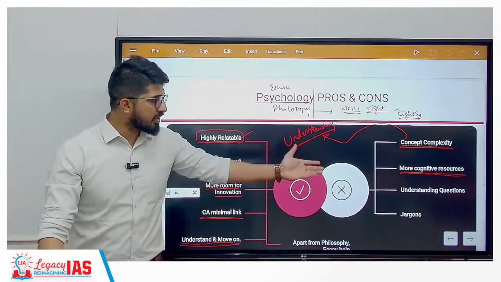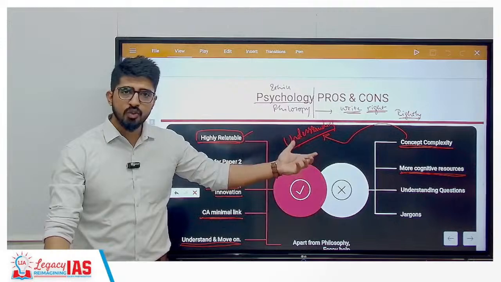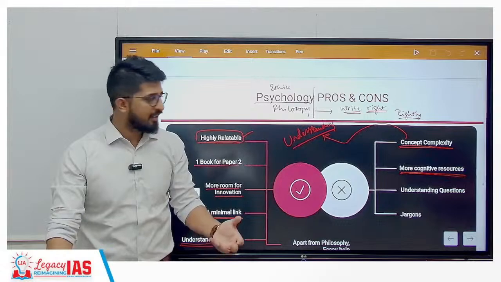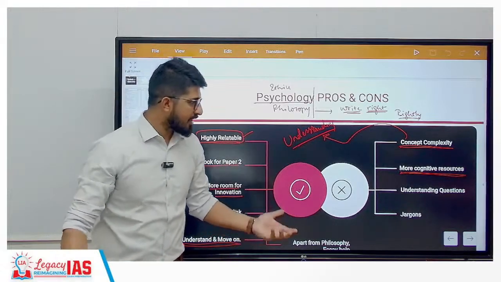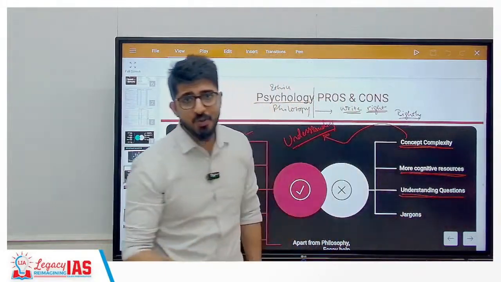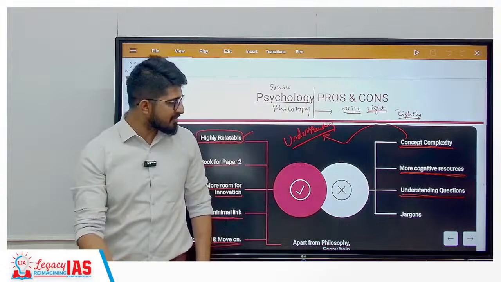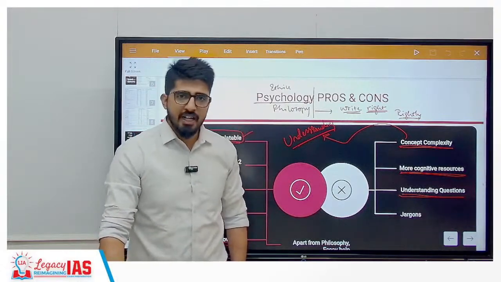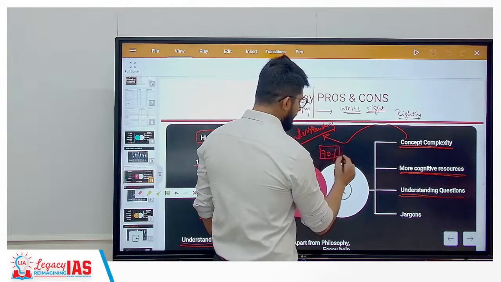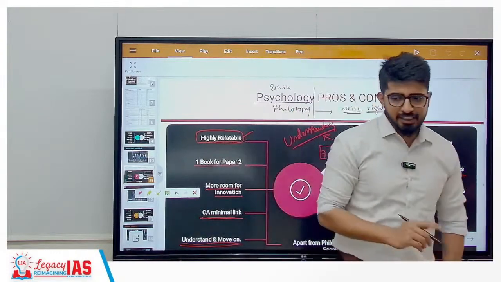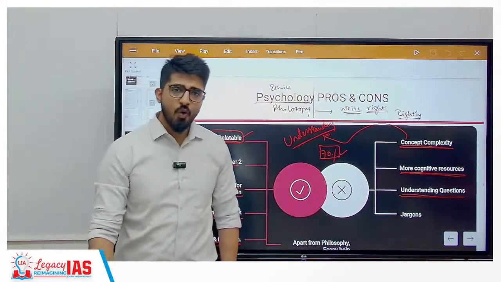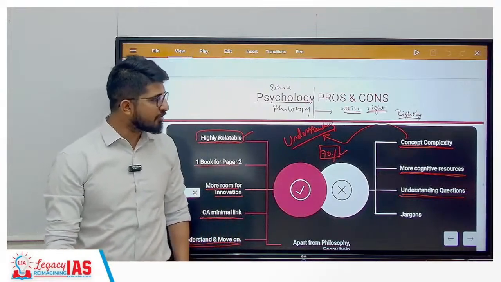So cognitive thinking, right, that is related to thought or the thinking process. You require a lot of energy to do that compared to other subjects. Understanding the questions is difficult. As I told you, understanding holds the key for this subject. If you understand the questions right, I would say almost your 70% of the work is done. If you understand the question right, you'll be able to write an answer. See, if you're able to understand the question, it means you have understood the subject, which means you already know some content. So 70% of your work is done there itself.